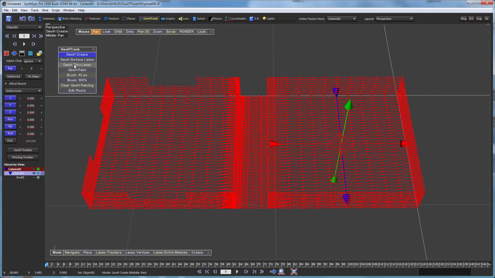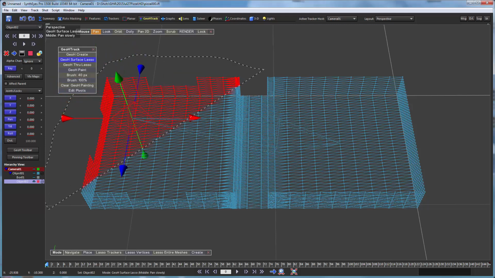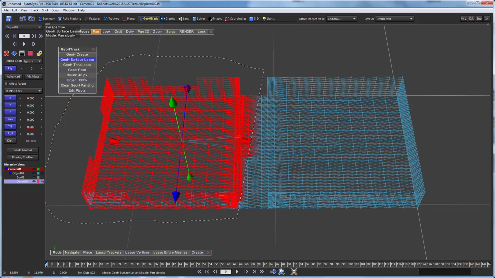So now we're going to switch to a surface mode, and we've got in our little mini hierarchy view, we've got our object that we just created. It's already selected. So when I create a new additional object, it's going to be parented to the one that's already there. So if you want something that's not parented, just don't have anything selected. So again, I'm going to hold down the shift key, and I'm going to start dragging right around this thing. And as I start picking up vertices, you'll see that